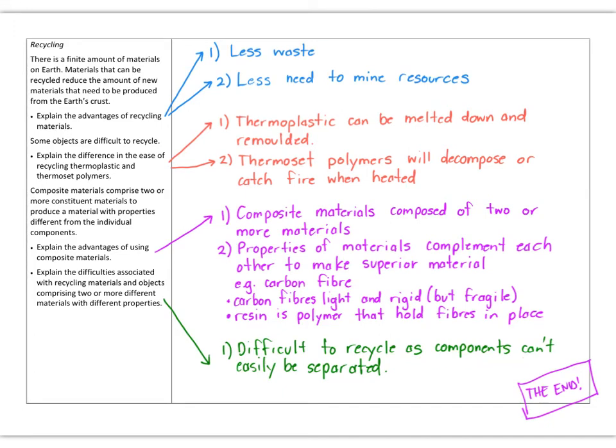Once we take our carbon fibres and set them in a resin, it's very, very hard to then separate out the carbon fibres and the resin again to recycle and reuse those two components. Hopefully that's pretty self-explanatory, pretty much common sense, and that is, in terms of the content for Stage 2